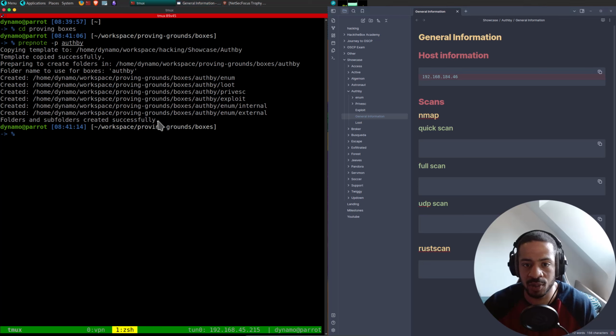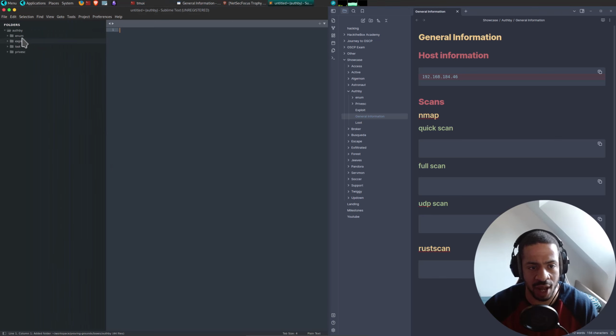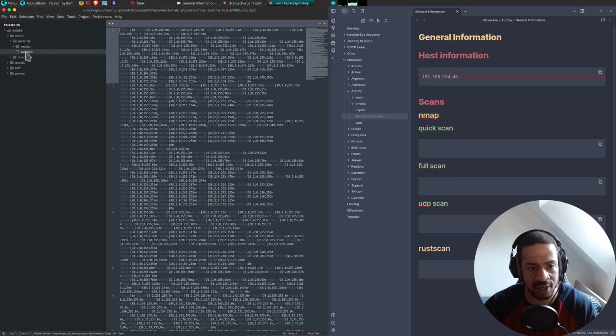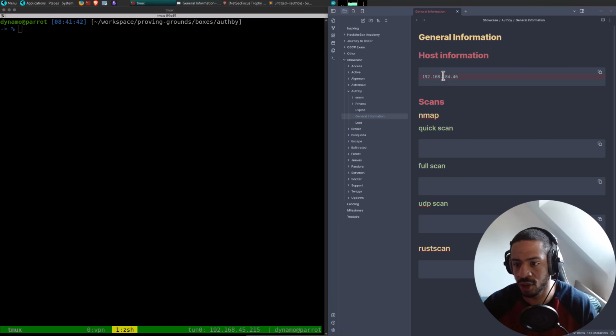Because it's a Windows box, I've got the enumeration and recon already done, because it takes ages, so I just ran it already. As you can see, I have it all here. I did the Rust scan as well. Let me just delete that because I'll do it one more time for you guys.